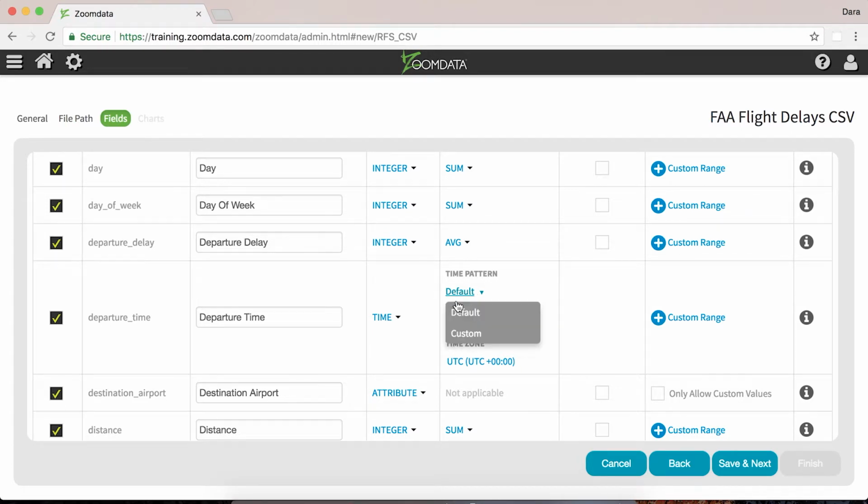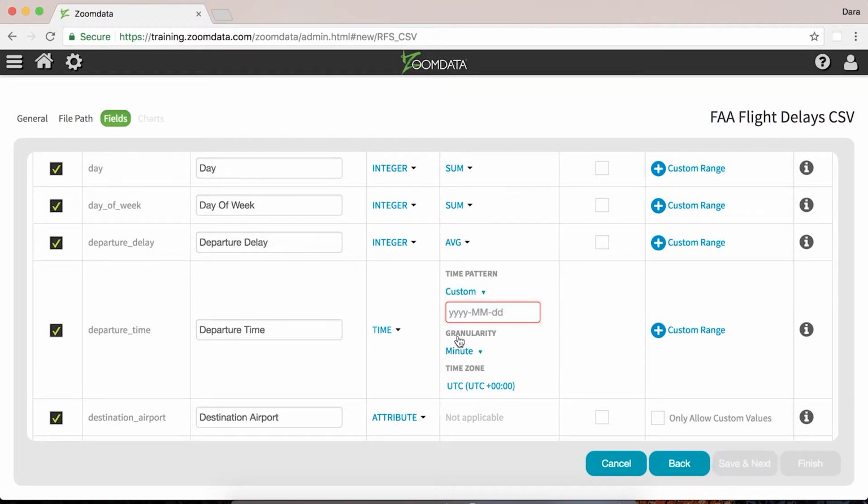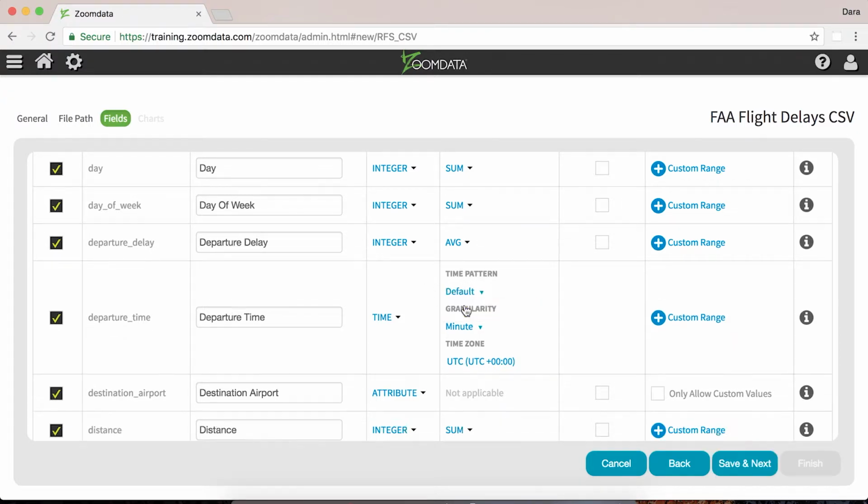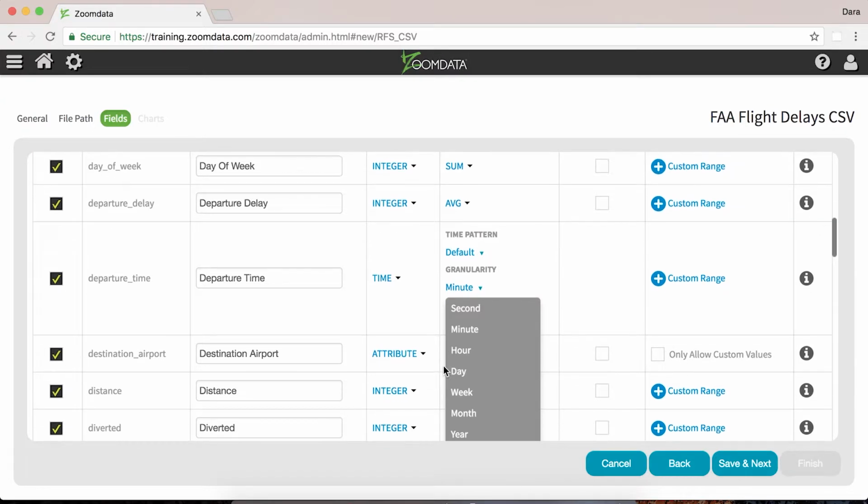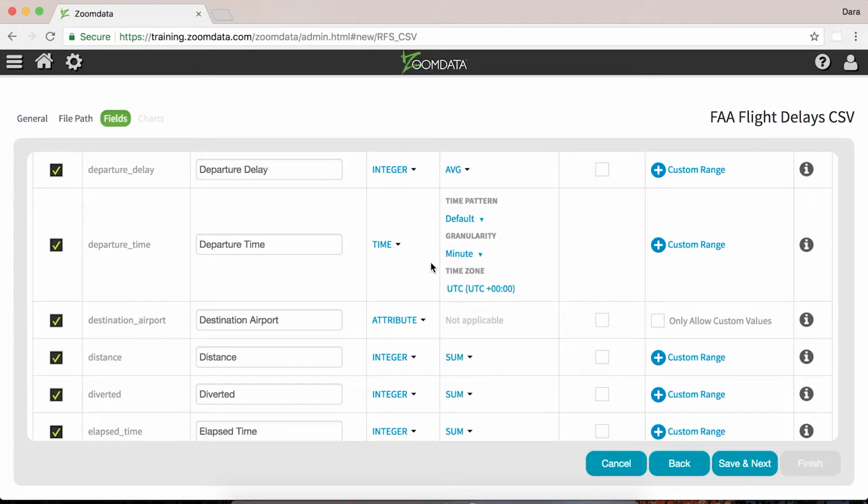Another thing to note is time has different settings as well. You can configure time patterns for time. In our case, we're using ISO time format, so that's not going to be a big deal for us. But dates and date times can be formatted in different ways. But since we're already in the default, we're fine. We're also using minute granularity, but if you have less granular time, you can set that up here, as well